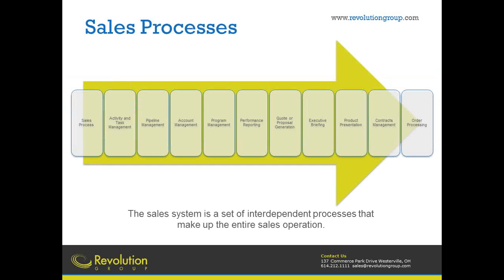The processes are very interesting for the sales professional. I mean, we could look at the functions and we can translate those into activity and task management, pipeline management. If there's an engineering component to the sales process, there is a program or product management component where we're onboarding a customer, and there's 2 years of engineering that go into the development of the product before they even build or sell one. There are performance reporting processes and proposal generation processes and presentation processes, or the management of contracts